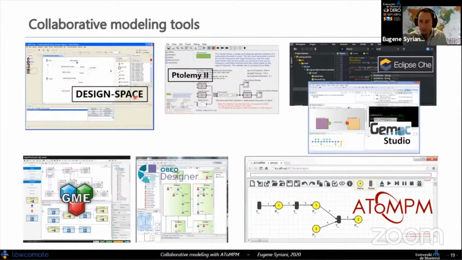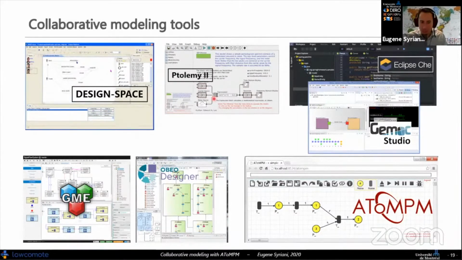For example, Design Space is an Eclipse-based tool that is round robin. Users take turns. First it's this person who can work on it, and when he finishes, it's the next person, and when he finishes, it's the next person. So by construction, you don't have these conflicts that happen directly.